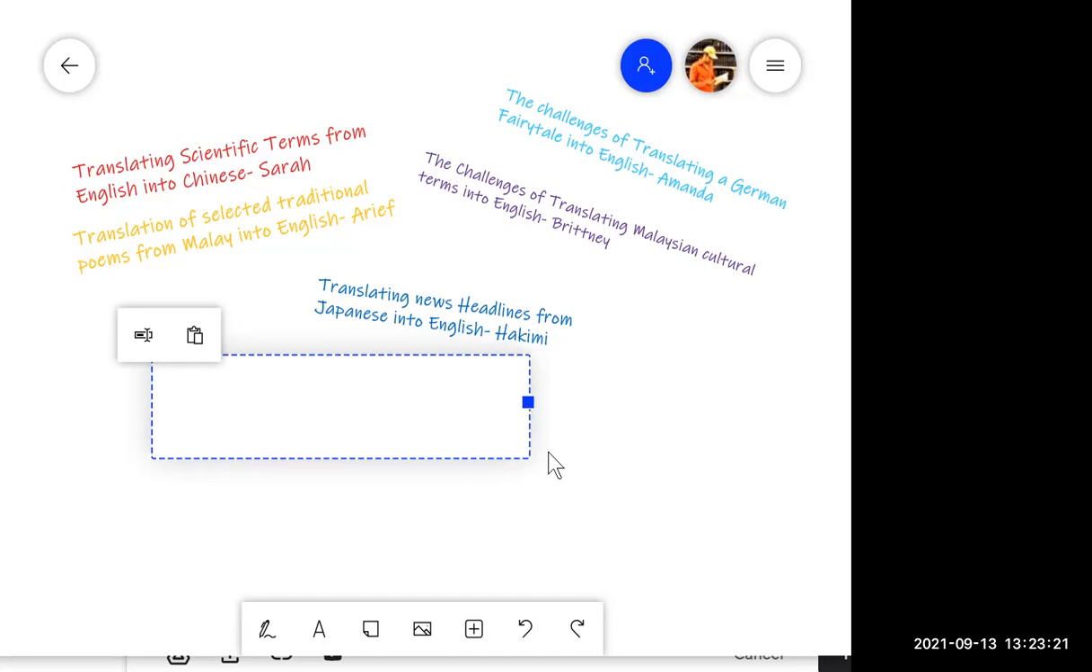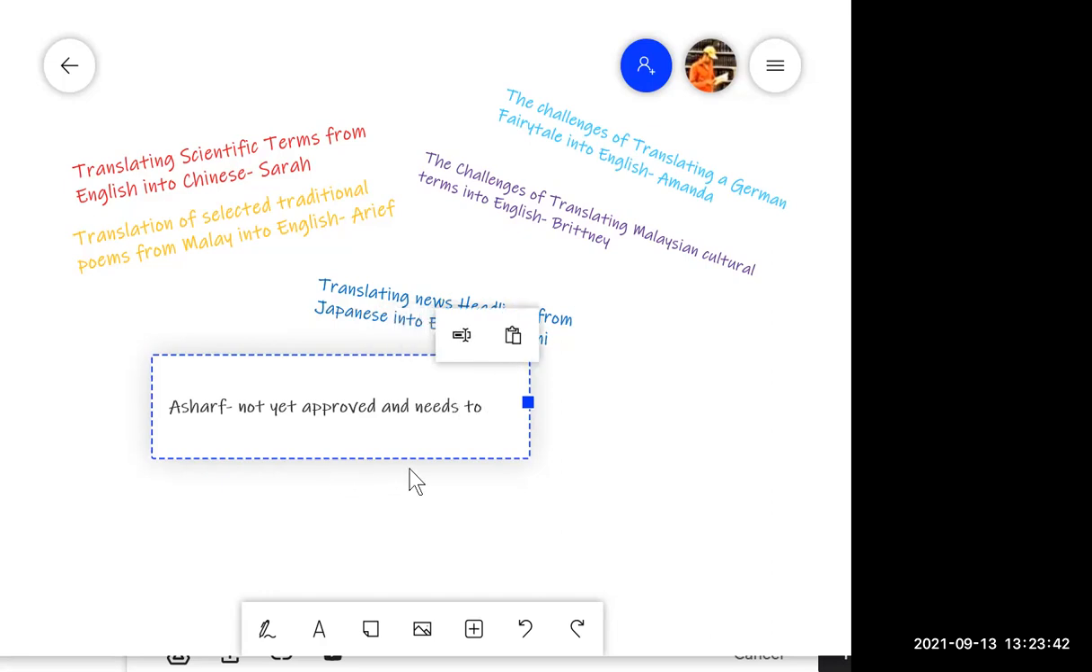Okay, so Ashraf is not yet approved. Needs to search